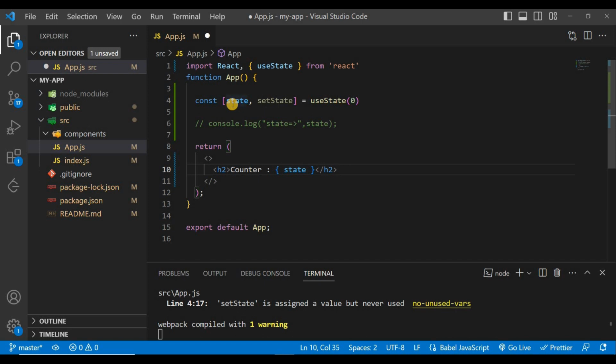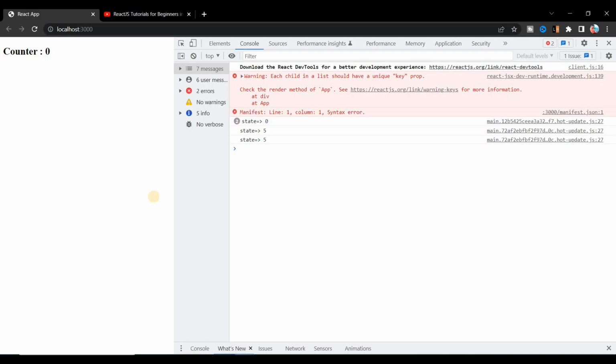So we can change this for better understanding. As we are creating a counter, let's change it to count. Okay, so we can give it any name. So just let's give it count and change this name from set state to set count. Now give here the count and save it, and if you go to the browser, you can see our counter